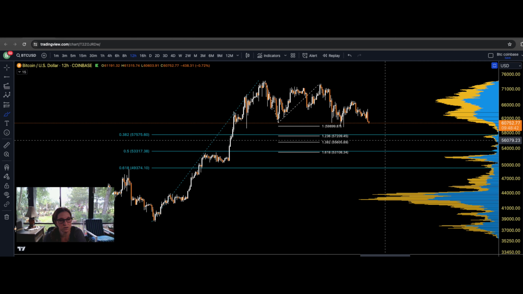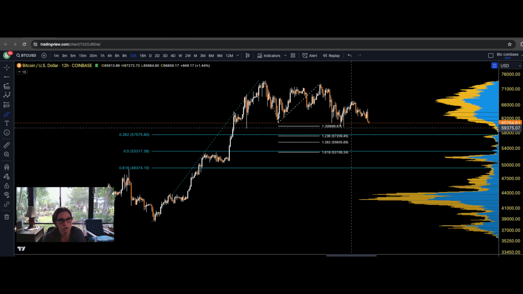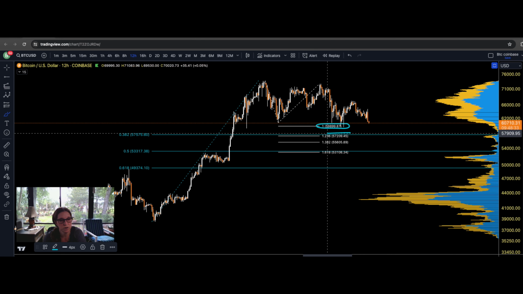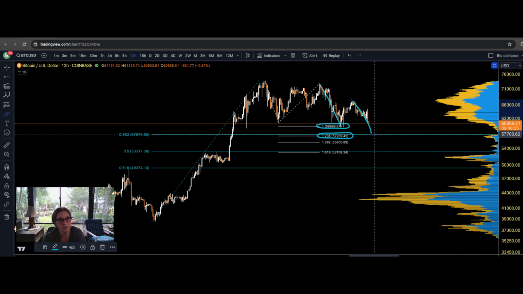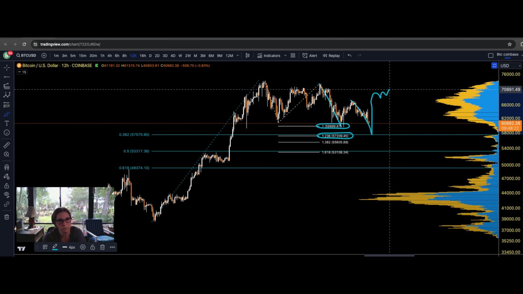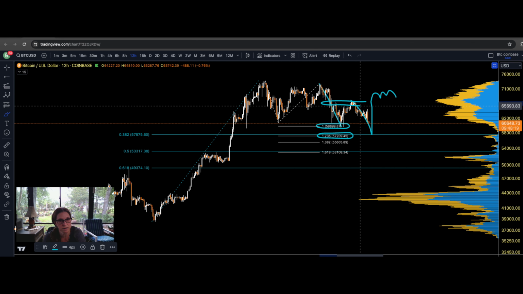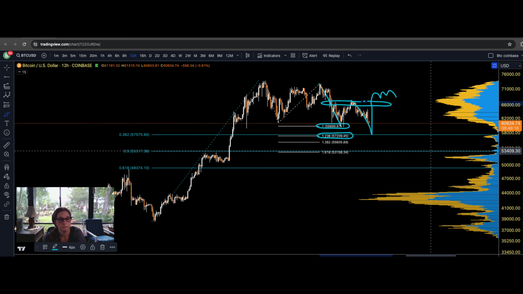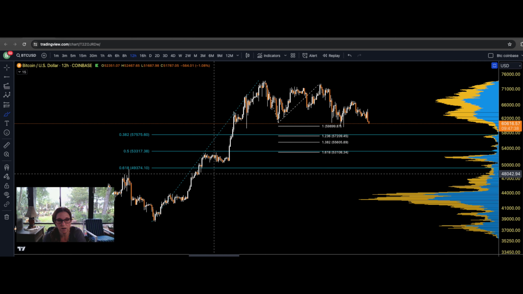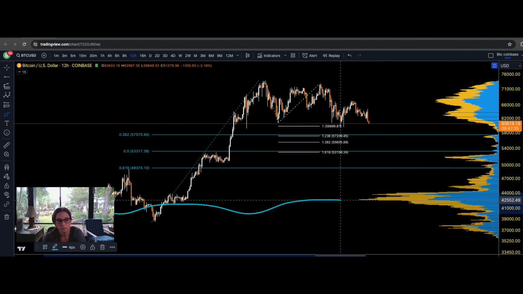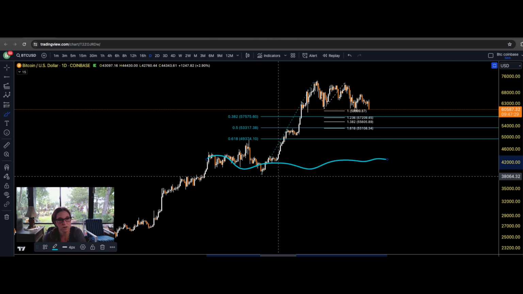So the best scenario for Bitcoin right now is to hold this 1-to-1 or this 1.236, give this leg its partner, finish it up, and then V-shape recover and reclaim this point of breakdown. Now, not to scare everyone, if it was to come down into this area, we would still hold on to the bullish scenario until this low is broken.